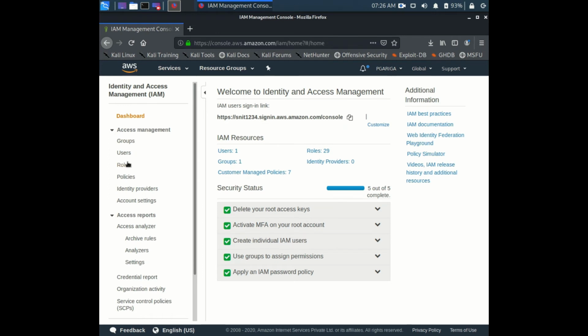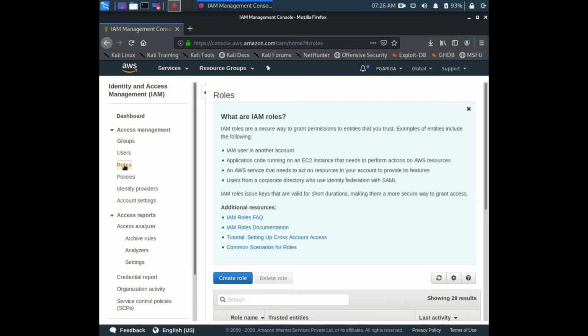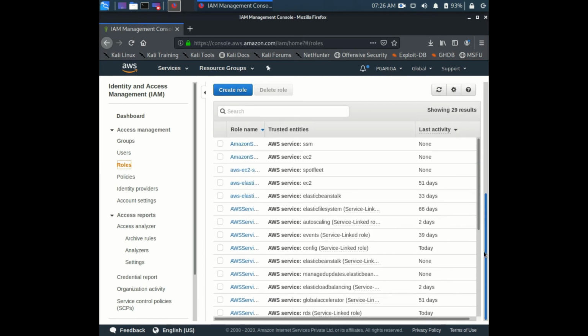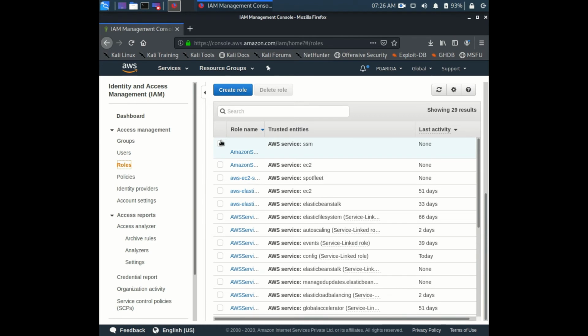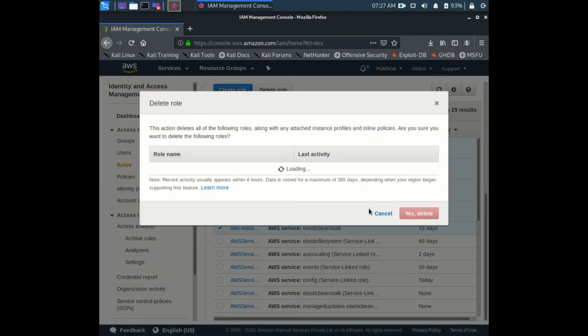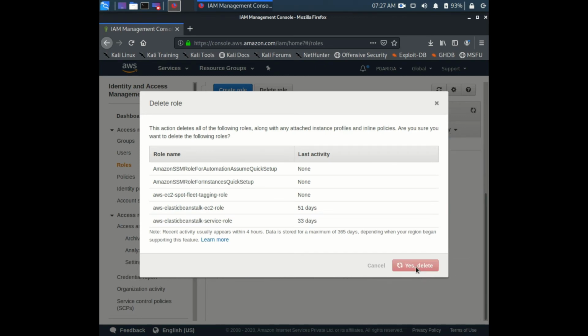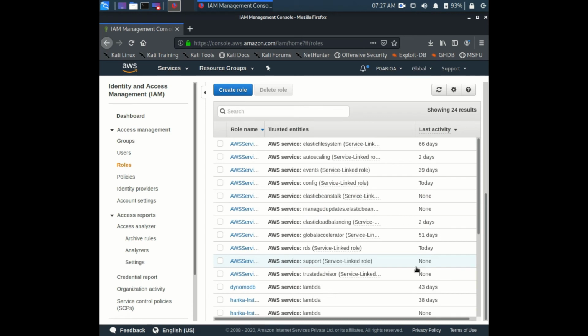If you see here, we have another option called roles, which are specifically provided to resources. I can see we have lots of roles configured over here. I configured them previously, so if you want to delete them, you can click each one and delete them. These roles we can assign directly to resources, in the sense of servers.